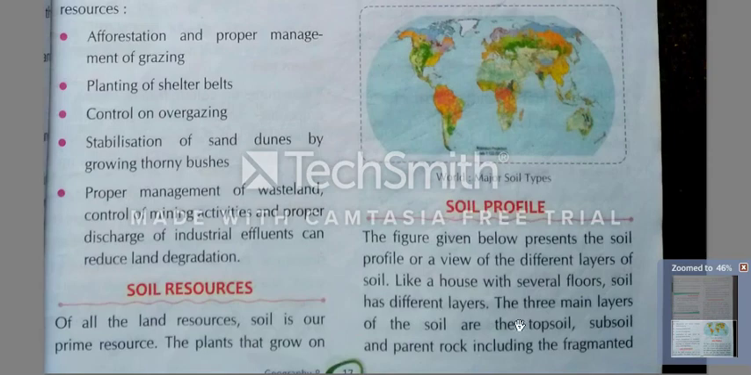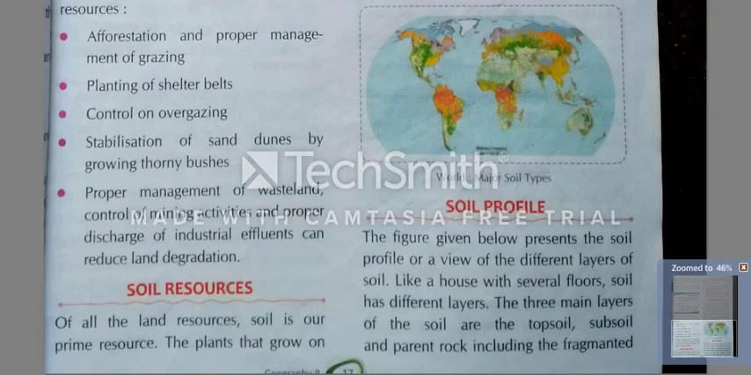Which are the three main layers of the soil? That are topsoil, subsoil, and parent rock. They have also included fragmented, which means made into pieces,